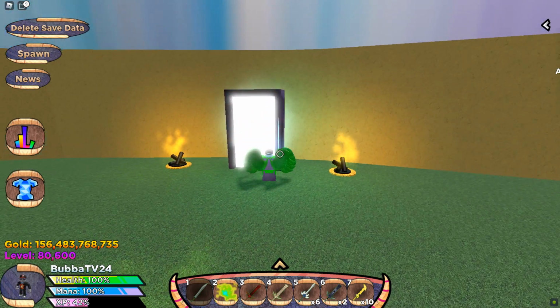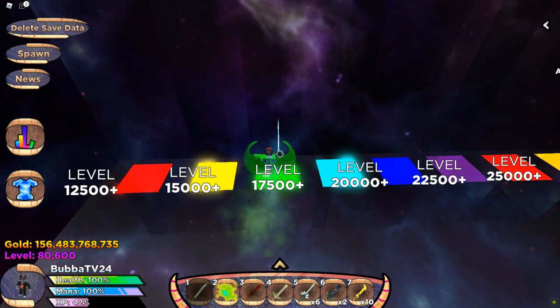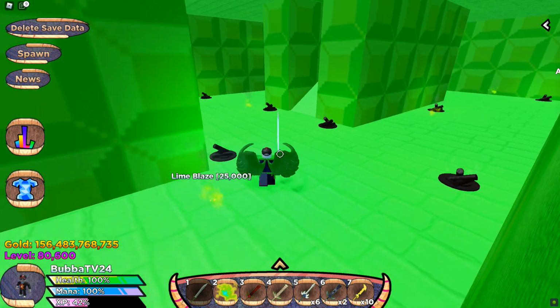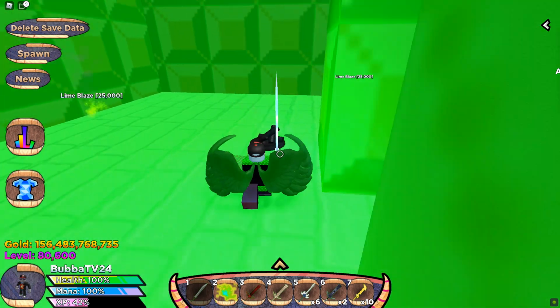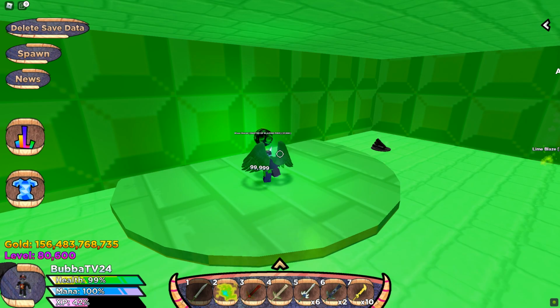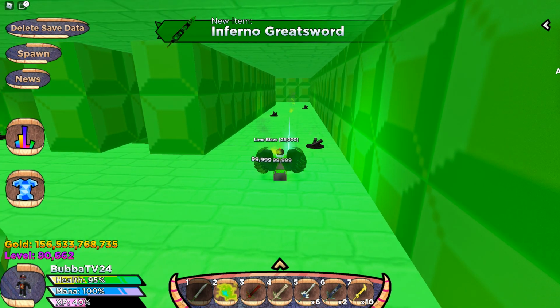So he's level, he's a green portal, 17,500. It's this one here. So we're going to come in here and find the boss. The boss. We're going to get his sword. There we go. We got the Inferno. And then we're going to need